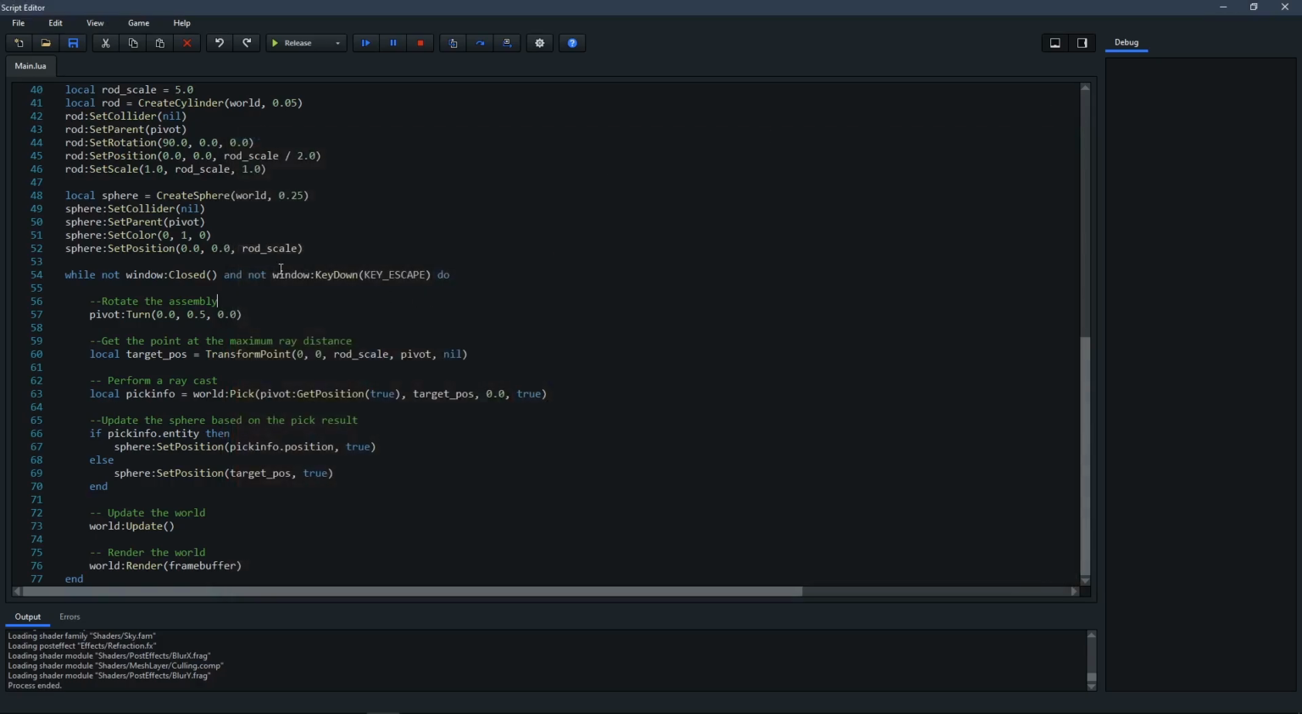So let's take a look at how this works. We have this pivot entity we created, and we're just turning it 0.5 degrees every frame. Then we get the target position by transforming a point: 0, 0, and then rod scale. What is rod scale? We have it set to 5 meters right here. So this is X, Y, and Z, a point that is 5 meters in front of this pivot. And the pivot is constantly rotating, so that target position is going to rotate around the pivot. And that's the end of the